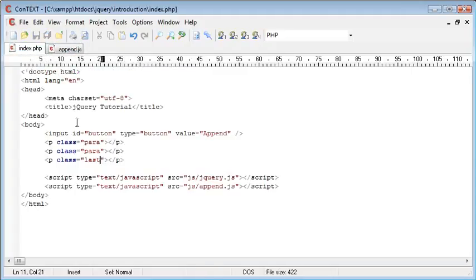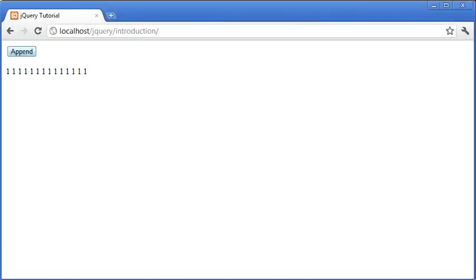Now what's going to happen is we're going to append a 1 onto this paragraph and this paragraph, however not this last paragraph. So let's just take a look. So I'm going to click append, and you can see that we've got the first paragraph here, the second paragraph here, and the last paragraph, which is called last. These 2 have been called to append this value,